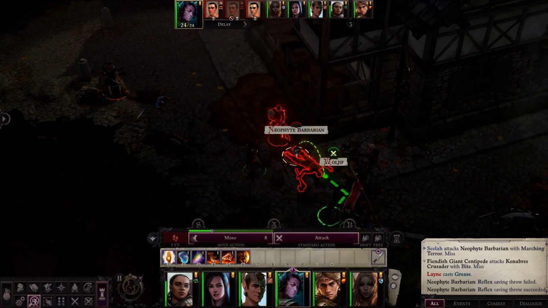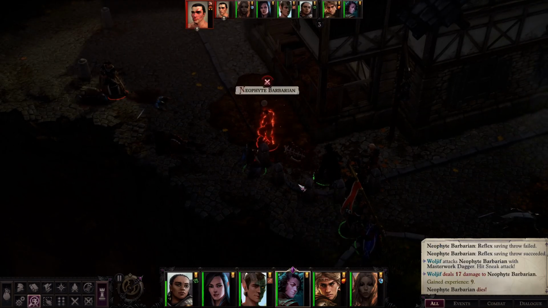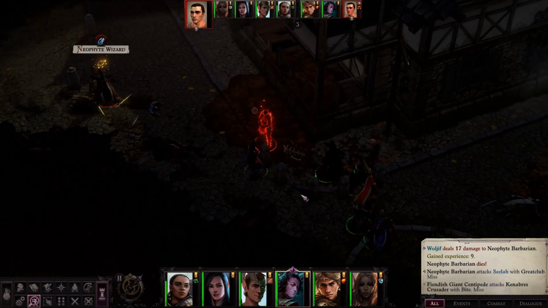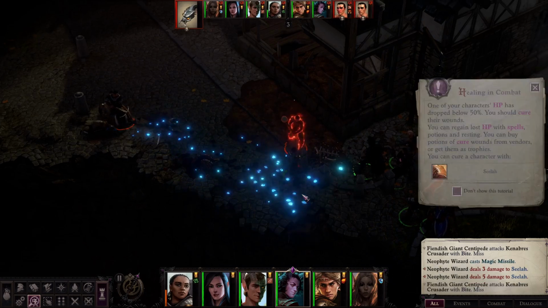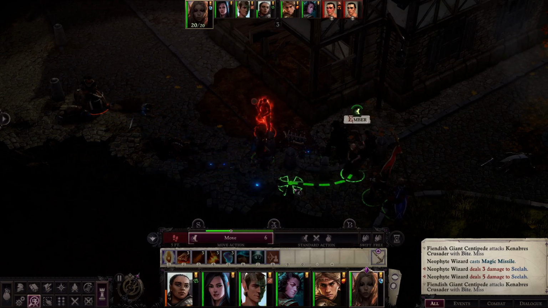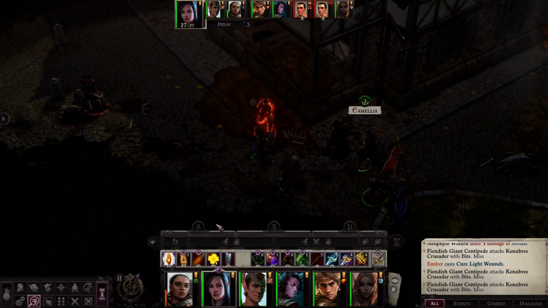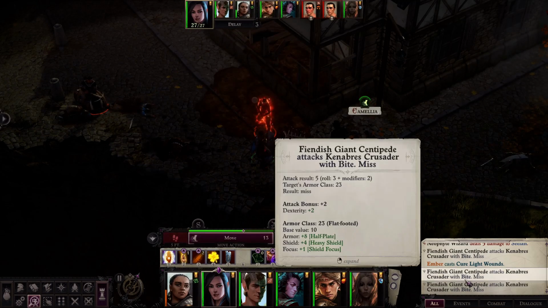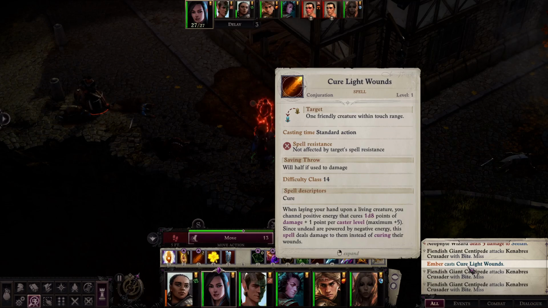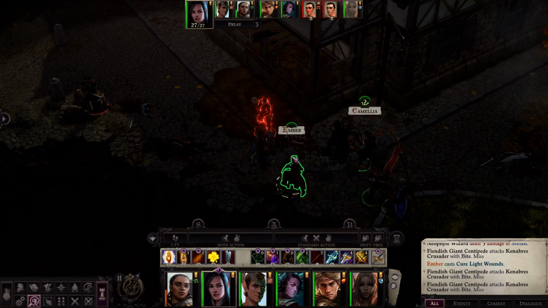Stab you or zap you? Why not both? Alright. Distract them from me. Takes a swing at her. Yeah, that's not good. Healing in combat. Yes, I know. Probably be a good idea for her to do that. Yes. What happened there? The healing didn't work. Ember cast Cure Light Wounds. Standard action casting time. And nothing happened. I'm a little puzzled by that. If she goes over there...